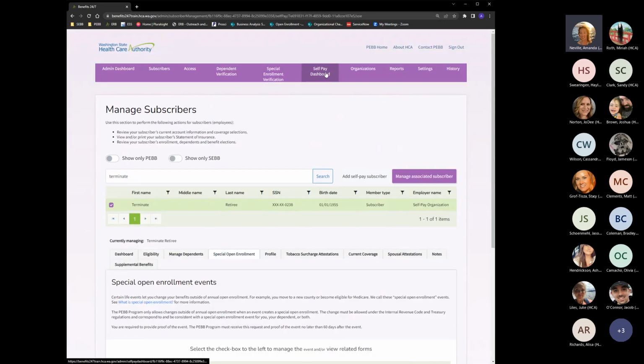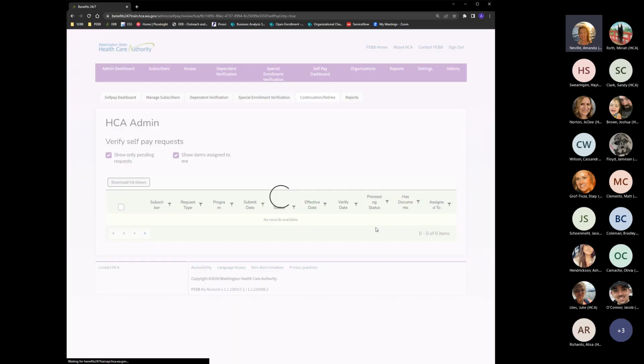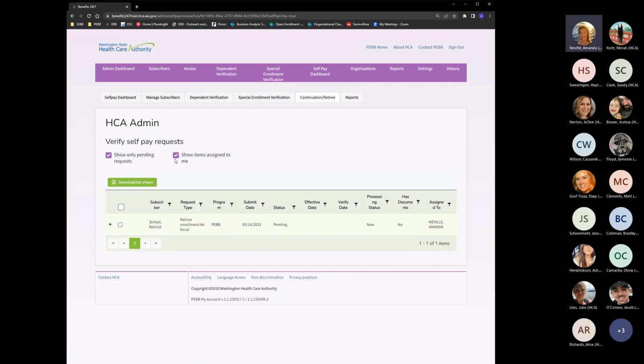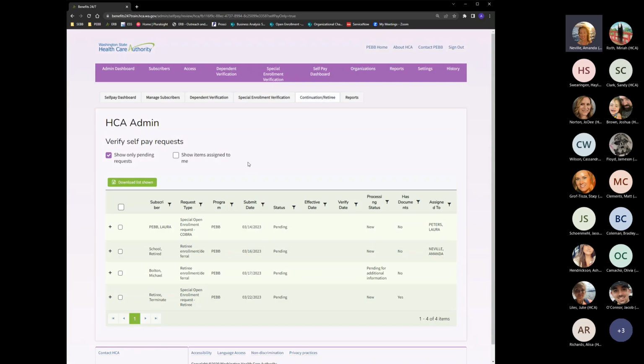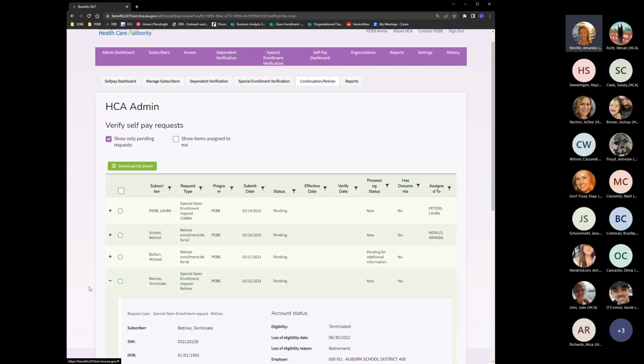So I'm going to go back to my dashboard and you will see a couple of things here. You see that there is dependent verification, which we're going to come back to here in just a moment. And we also have our request queue. So I'm going to go back into my request queue, unselect items assigned to me. And here we see the bottom item here, special open enrollment request for our subscriber. So we can expand that request,